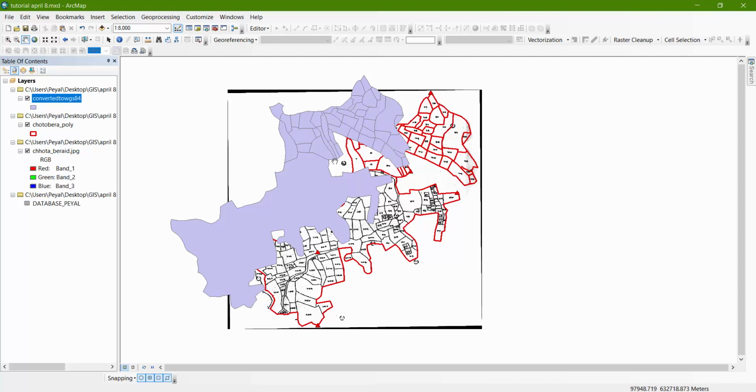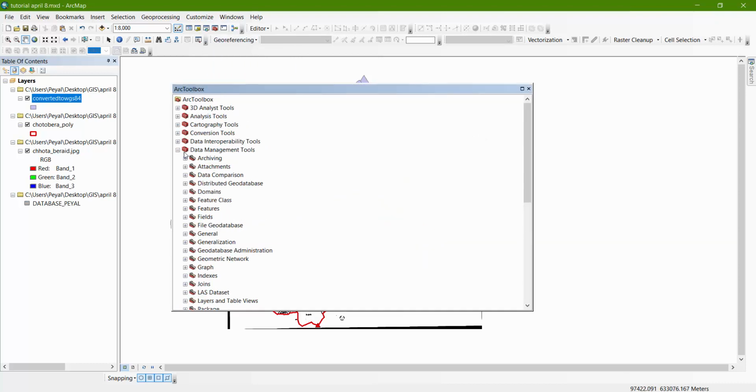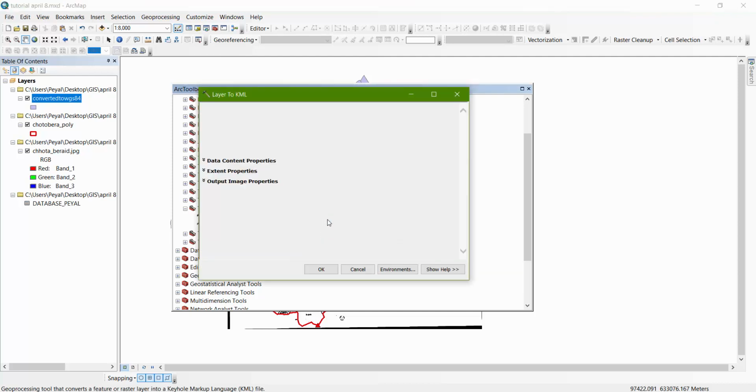So what I have to do now is export this layer into a KML file. Okay, just go into ArcToolbox, go to Conversion Tools, and then go to KML. So expand KML and choose Layer to KML. So this will convert my layer into KML. Okay, double click on it,